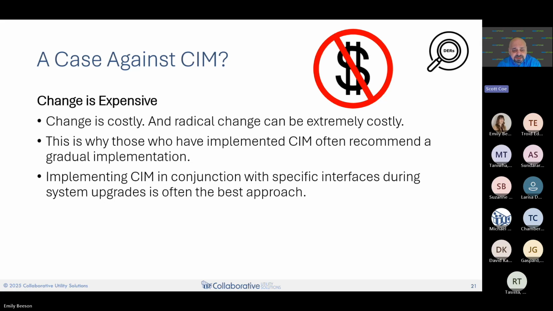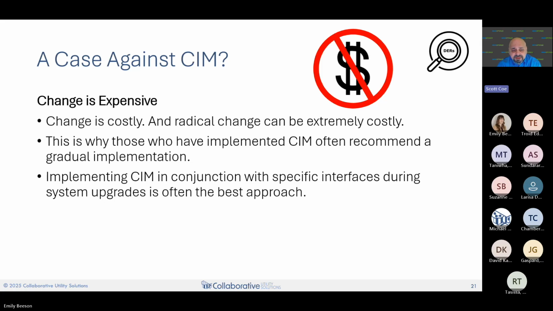It is loaded at the front end, so you do spend more up front, but there is an improved rate of return. So as you get more and more of your interfaces built in CIM over time, you see more of the interoperability. And you can talk to utilities that have implemented CIM.